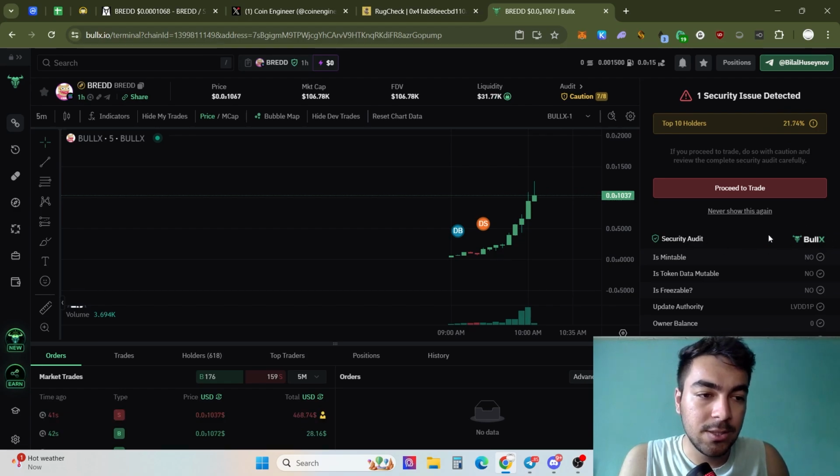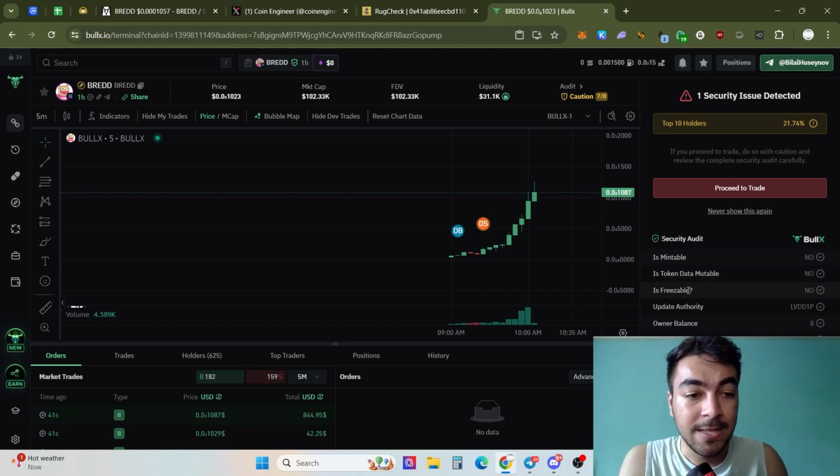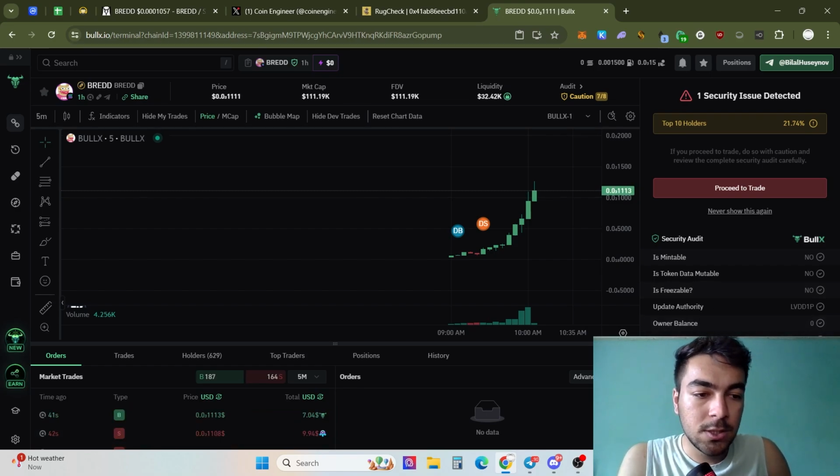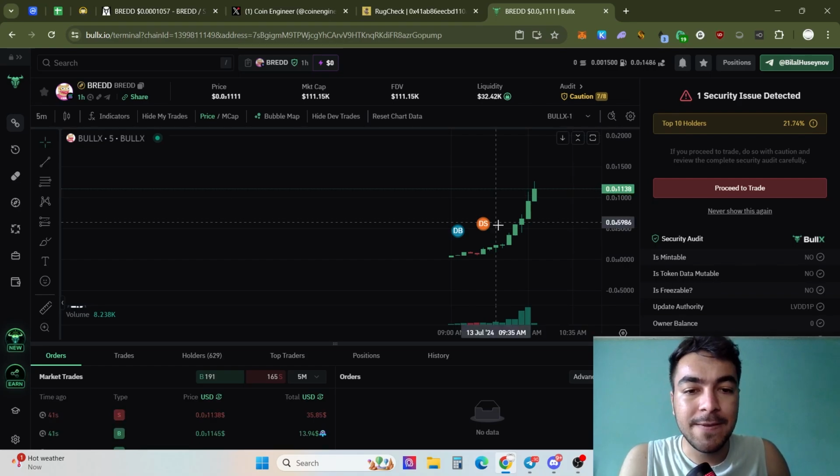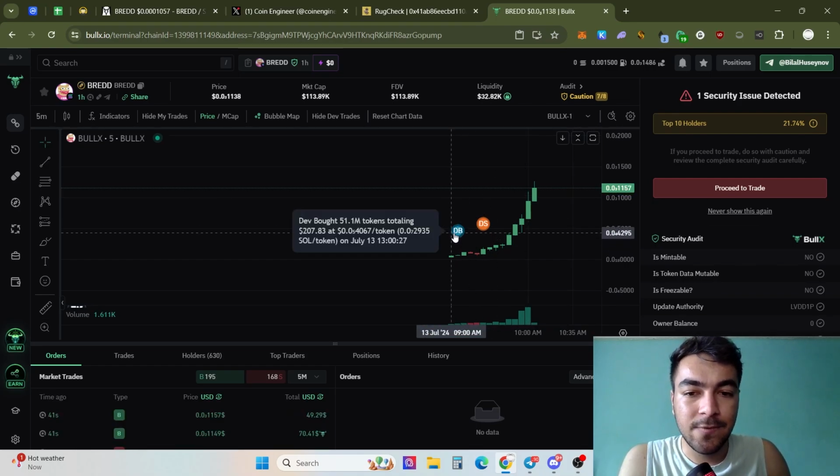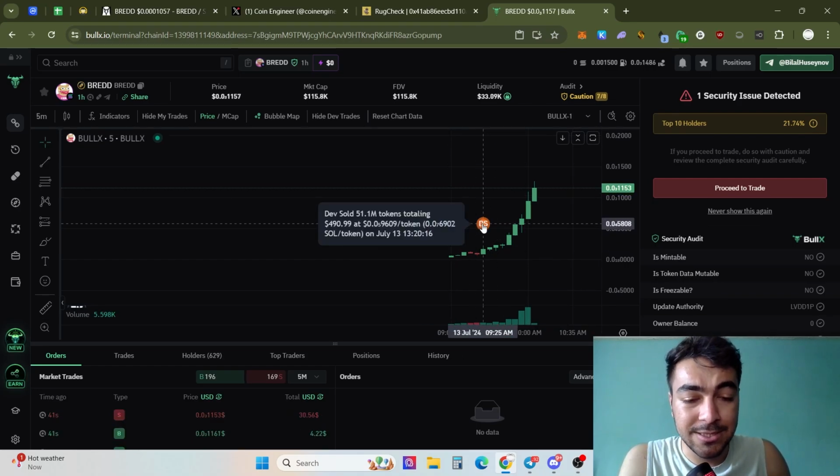The security audit is good: maintainable, token data not mutable, not freezable. If you see yes on one of them, that means absolute danger, and it will be a rug pull. And the top 10 holders hold 22%, but if you see that the developer bought and had already sold,